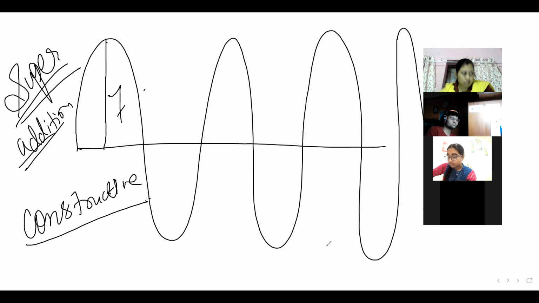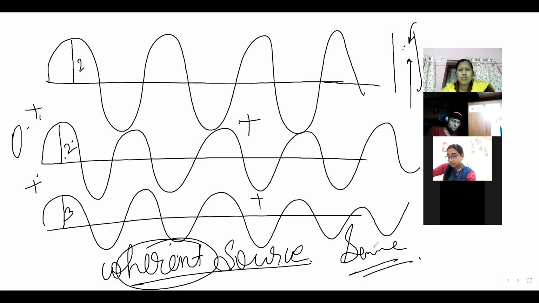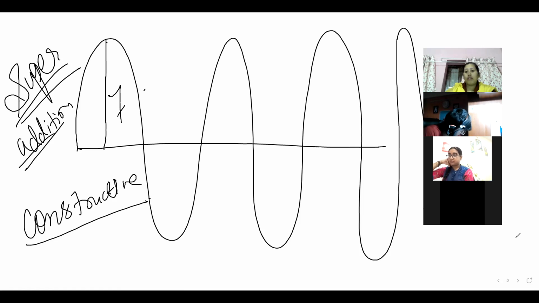If two waves of identical wavelength, very good, they have amplitude which is equal. But say that the amplitude should be equal. Amplitude will be the same, but the waves should be in the same phase. Waves should be of the same phase of oscillation. Okay, the source from which the waves are oscillating in the same phase is known as what? Coherent source. Okay, after adding all the waves that are of the same phase, that is known as what? Constructive wavefront.